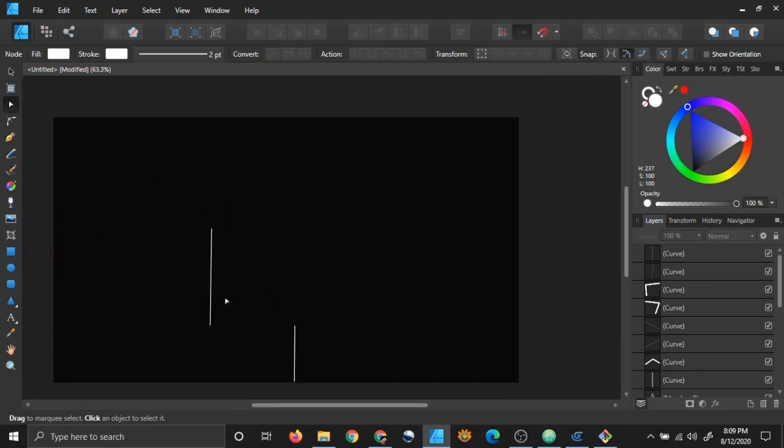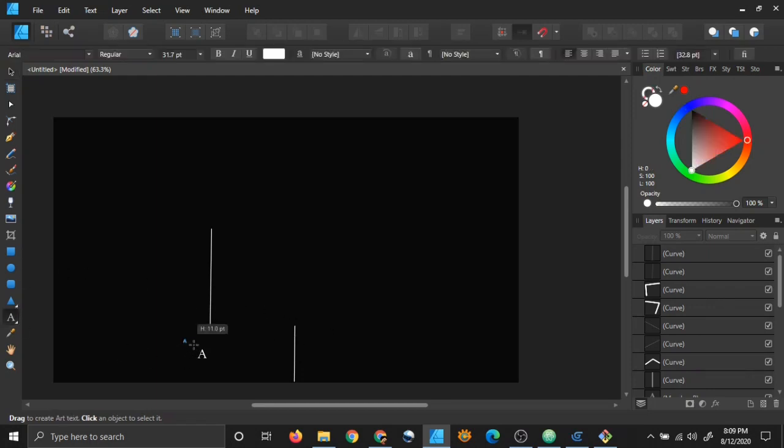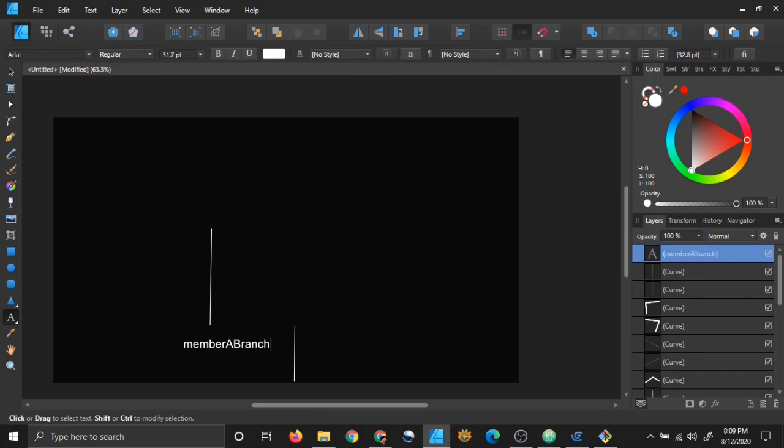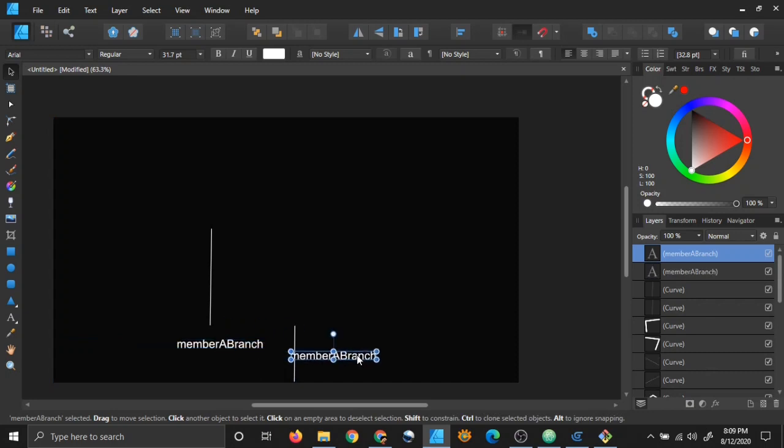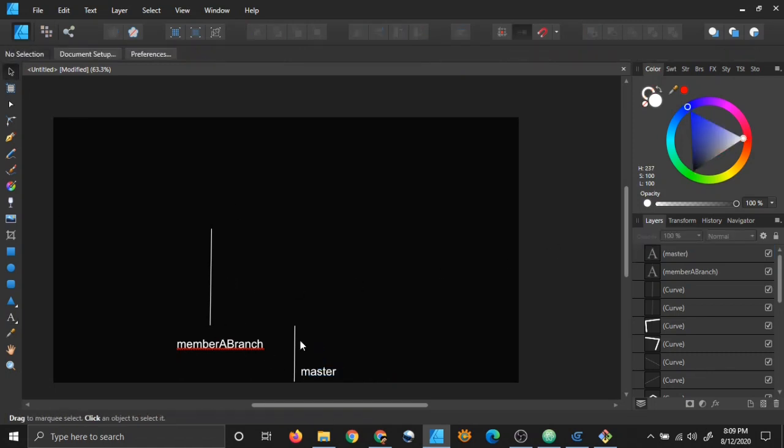So now I want to merge these two branches. What will happen when I merge these two branches? Let me label them also so that it's easier. Member A branch and master branch. And what will happen if I merge these two?